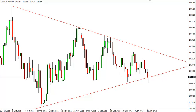If we can break the top of the Thursday range, we'd go ahead and go long, knowing that we may only stay in the triangle. It may not be a big move, but 100 pips, 200 pips, something like that, before it's all said and done,